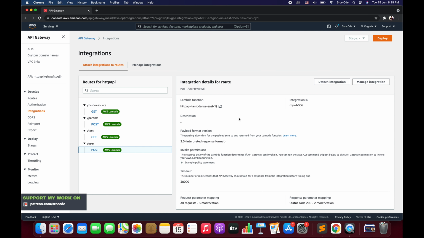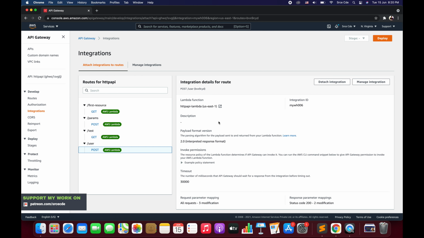Now let's say we want to apply CRUD operations on the user resource with parameters, correct? So for example, if we want to create the user and we want to pass the username as a parameter, and the same goes for update and delete. So while we invoke the API endpoint, we also want to pass the parameter, like which user name to create, or which user to delete, or which user to update, or which user you want to fetch or read the information of, right? In that case, we can certainly create multiple methods over here, or we can also use the any method.